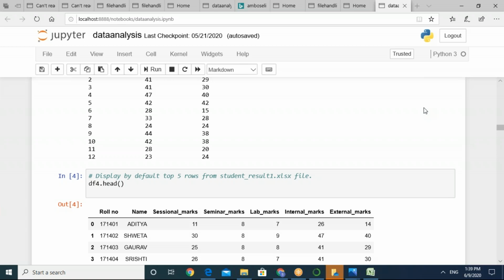And tail, if you call it, will fetch the bottom 5 records. When we do any such small work or just want to demonstrate, we take up either the top records or bottom records. For that, we have the methods head and tail.